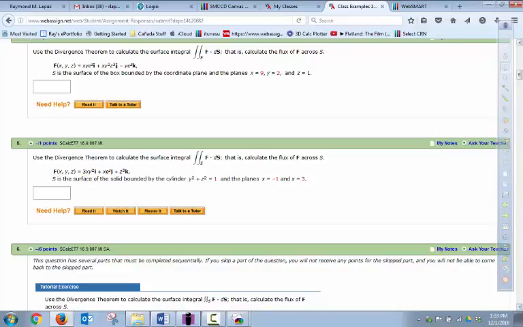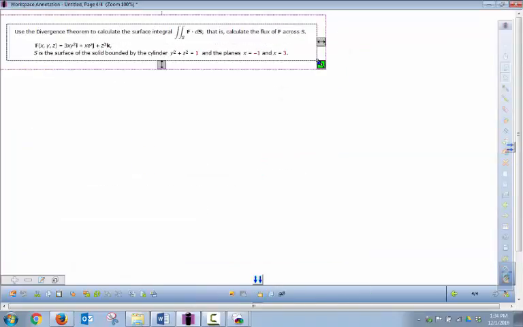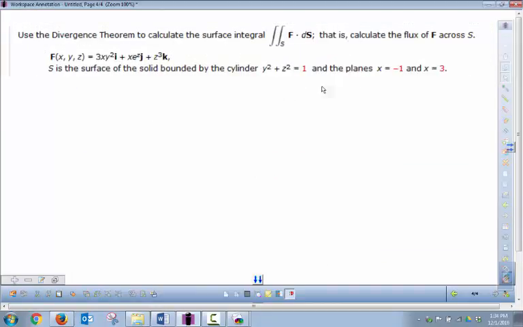All right, let's do number 5. This is a collection of all the problems that are available. It's not necessarily your homework. So use the divergence theorem to calculate the surface integral, or the flux integral, of f across S, where S is the surface of the solid bounded by the cylinder